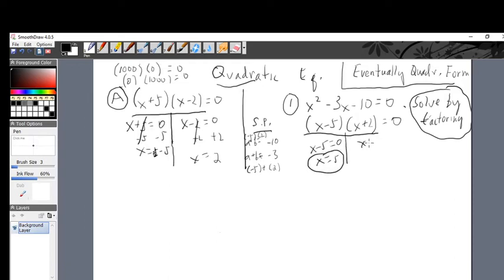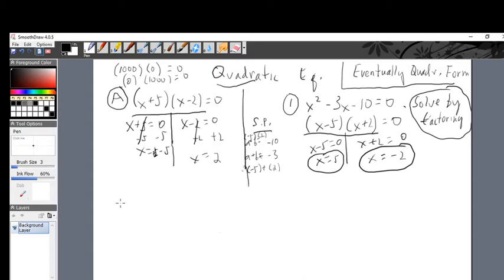And over here, x plus 2 is equal to 0. Do minus 2 on both sides, and you get x is equal to negative 2. Here are the two solutions, and most of the time a quadratic equation has two solutions. There are the two solutions to the quadratic equation. Doesn't always have to have two solutions. I can show you one pretty soon probably that doesn't, but nevertheless, most of the time a quadratic equation has